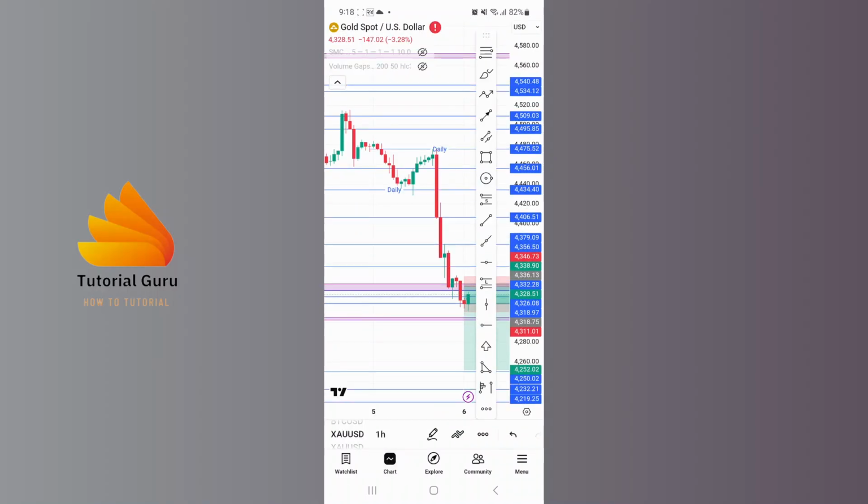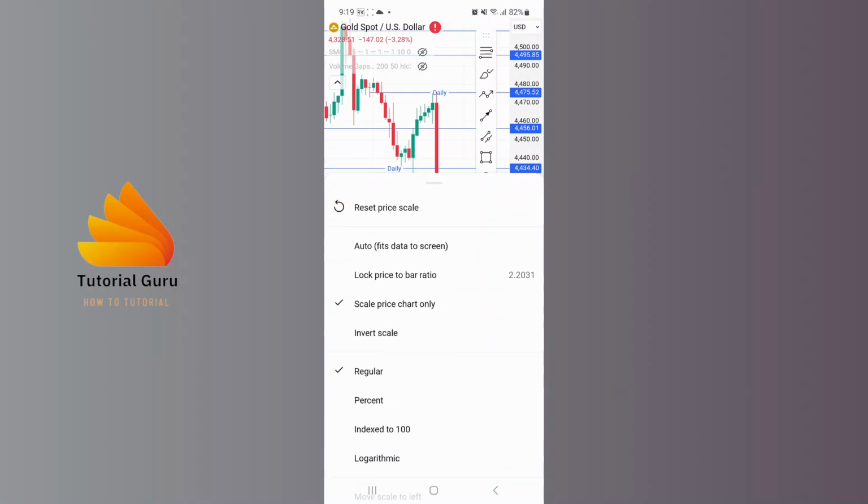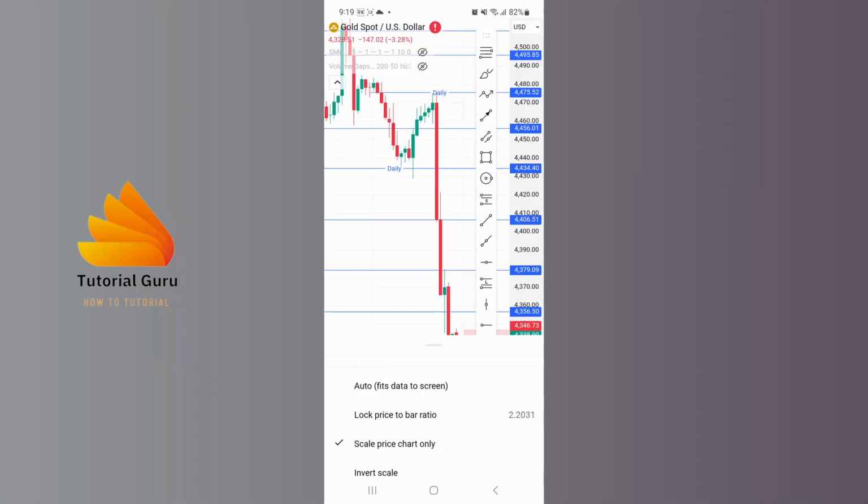And over here guys, at the bottom right side, you can see there is the settings icon or the gear icon just below the price list. Over here you can see this is the price list, and just below this bar there is the settings button. Tap on the settings button and scroll down until you can see the more settings button over here,